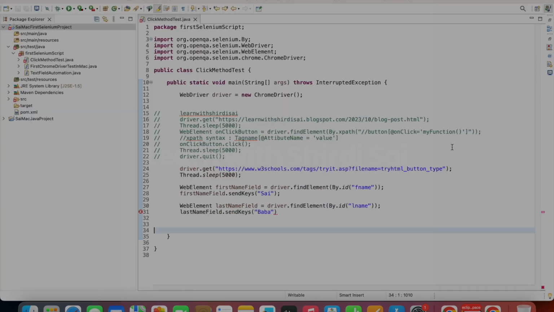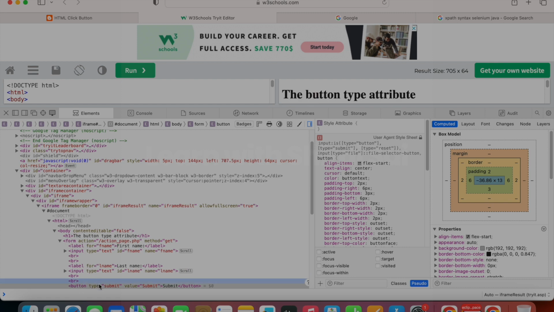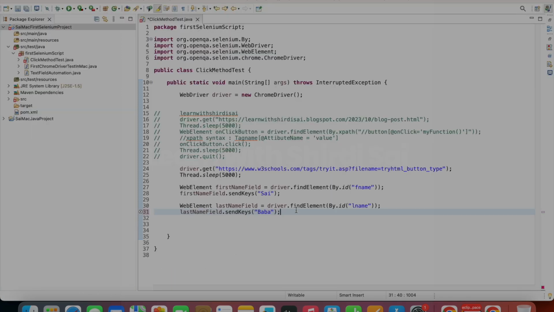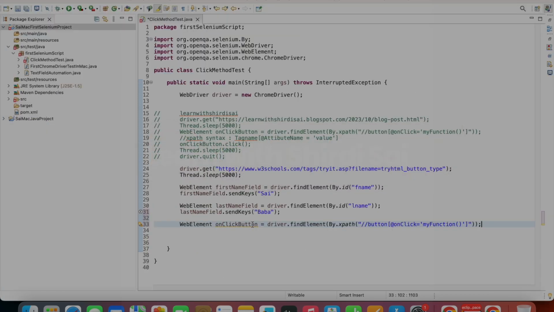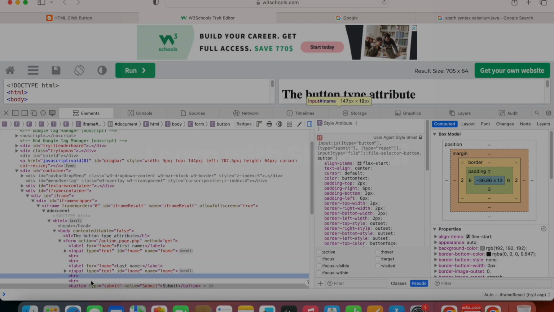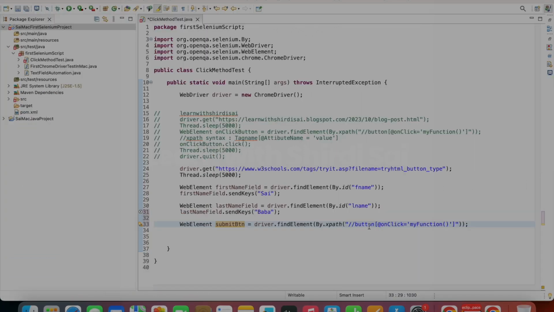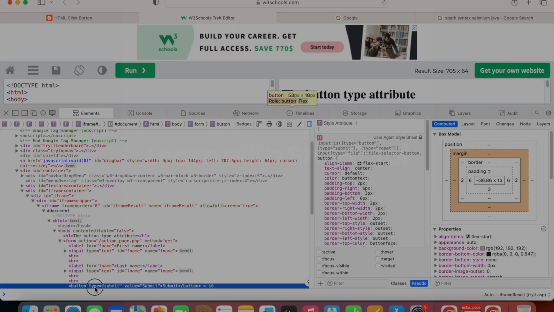So I will use XPath for this one, as currently here we are not having ID or name. I'm using XPath, or if you are aware of CSS selector, you can use that also. So here I will change the name to submit button. Here the tag name is button and type is,